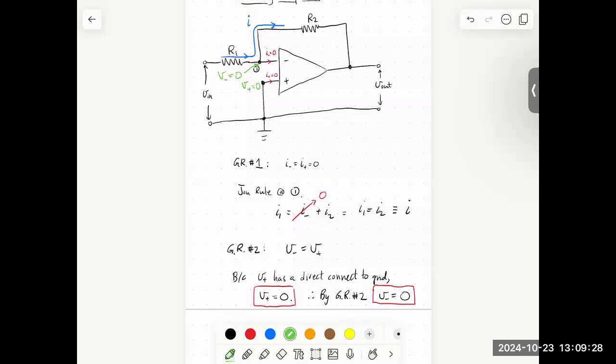For example, we could start right here at the input where we know the voltage is V in. So maybe we connect like a battery or a function generator here. And so we set some voltage. So we're going to call that V in. And then we're going to cross resistor R1 in the same direction as the current I. So we'll lose a voltage I times R. And that will bring us to this node, which is the voltage at the inverting input.